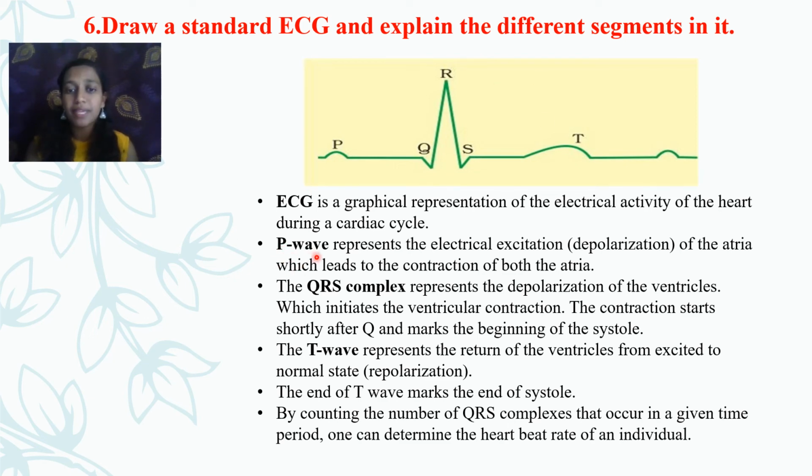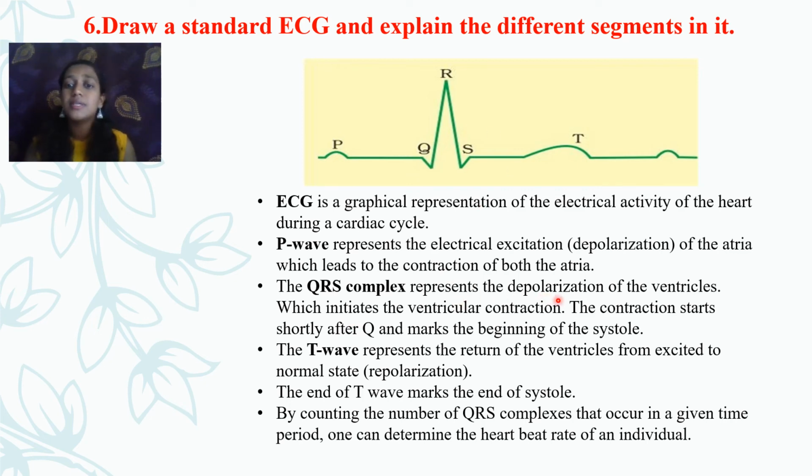The P wave represents electrical excitation or depolarization of the atria or auricles, which leads to contraction of both the auricles. So during the functioning of the heart, both auricles and both ventricles function at the same time. It's not possible to contract only one auricle and one ventricle. Both auricles and both ventricles perform at the same time. Okay, this is the depolarization of the atria. So the QRS complex is